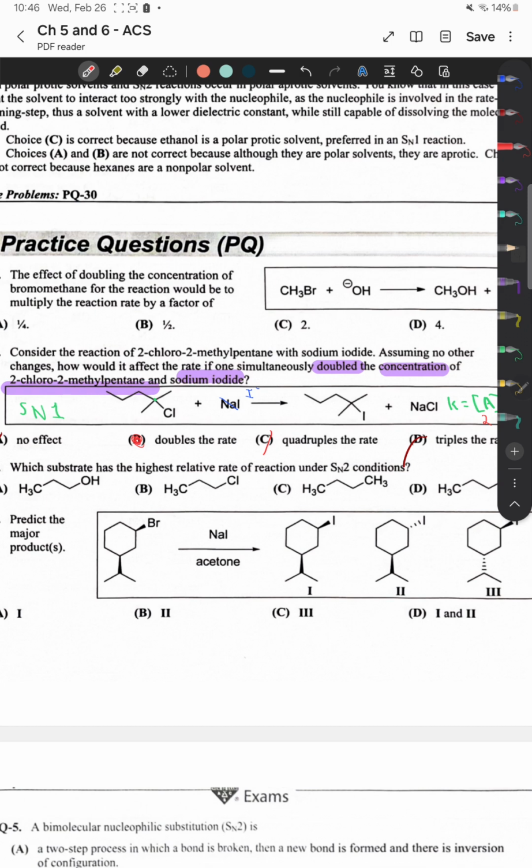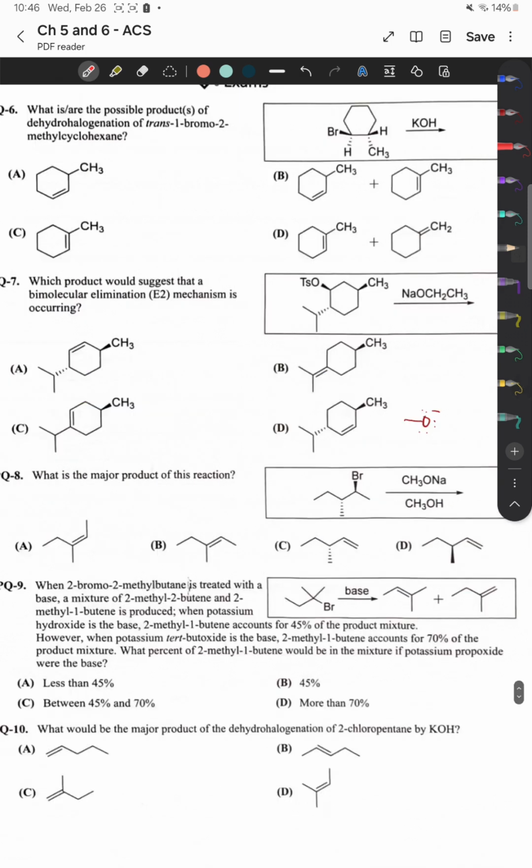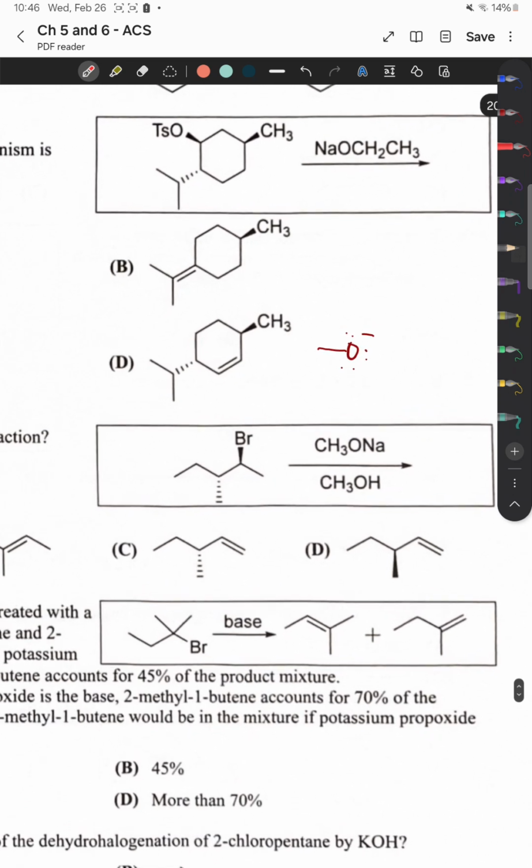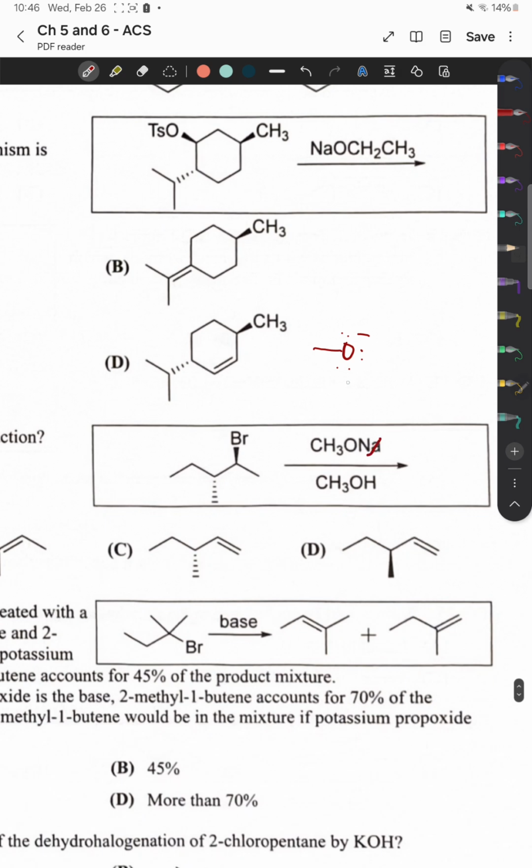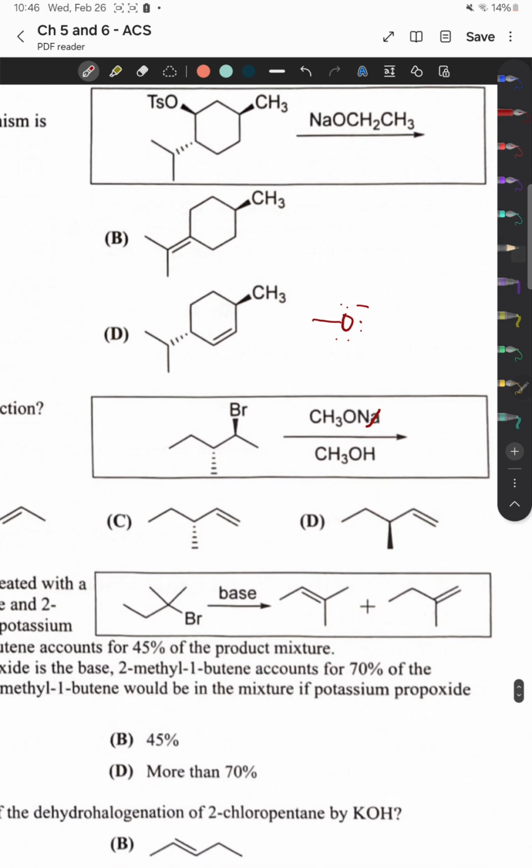The second question I have is predicting the major product of this reaction. Looking here, again we treat sodium as if it's a spectator ion. We have methoxide. I already have it drawn there. This is a really strong base and a strong nucleophile, and it's dissolved in alcohol. Because it's a strong base and a strong nucleophile, it'll be performing a beta elimination,